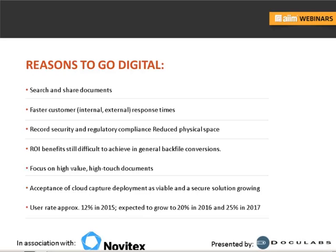is when you have large backfile projects that clients will often ask us to take a look at and say, we really want to digitize these records. We really want to move these records into a digital environment with an indexing repository. The questions that we like to start out with is, how often are those records retrieved? How often are they used? If you have records that are not being retrieved and they're being stored and not being drawn upon, oftentimes those records can sit in warehouses and not be really